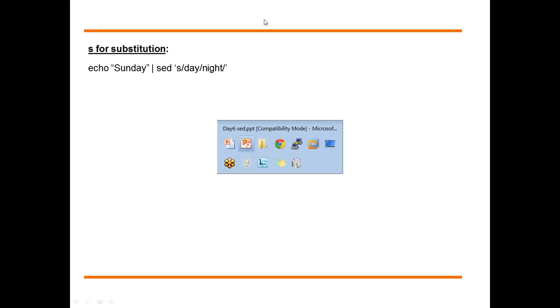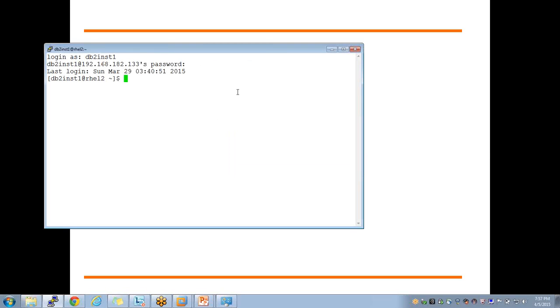Now if I show you that here, when you say echo Sunday, I'm applying the sed command, day as night. So whatever is coming on the left-hand side will be replaced with night.